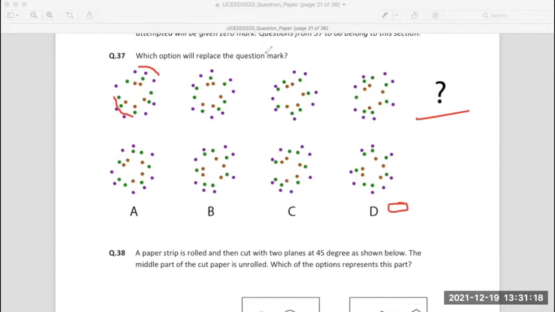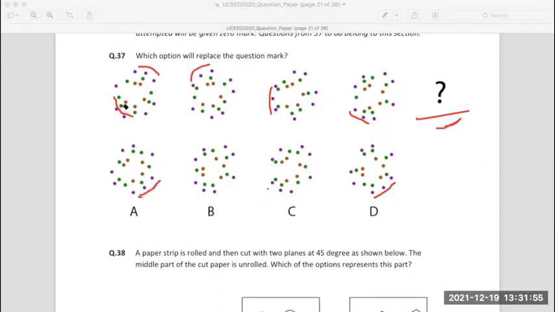Okay, fine. So I'll do that then. Now let's see the purple one first. So purple is here, then they shift here, then they shift here, and then they'll shift here. In the last one, they will be shifting somewhere on this edge, which is happening here. Here, the 3 dots are coming here, which is also happening in option D. A and D, both the cases, the purple's position is somewhere there, right?